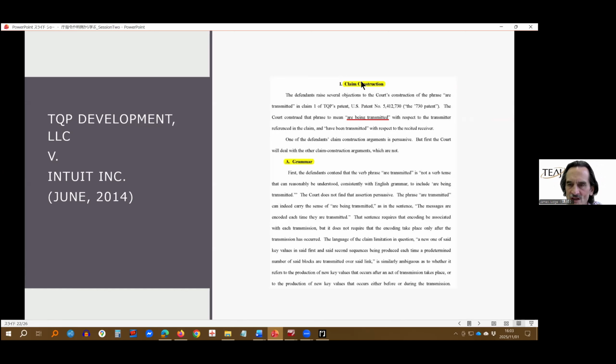So claim construction, I've talked about this elsewhere. Construction has 2 meanings. One is to build something, koji suru or what, but the other is kaishaku. Construction is the noun form of construe, and construe means interpret or kaishaku suru. So this claim construction is always an essential proceeding in any patent lawsuit. In particular, it's the result of what was called the Markman decision. It was in the 90s.